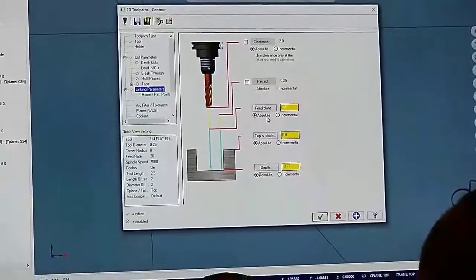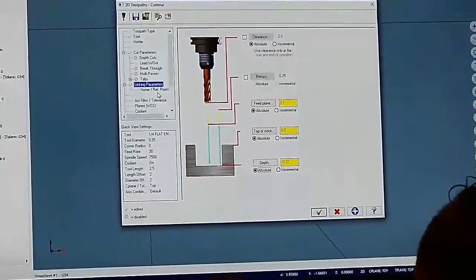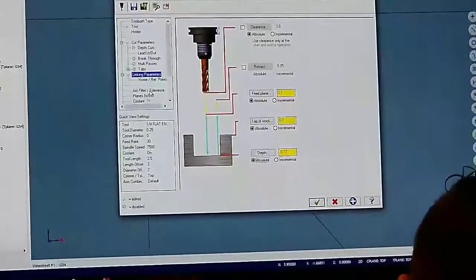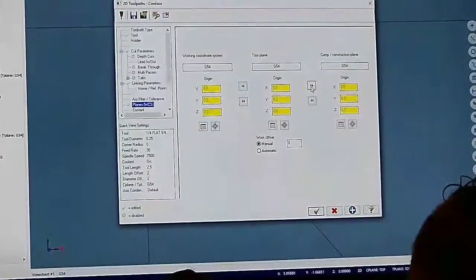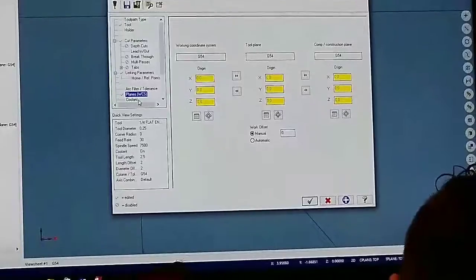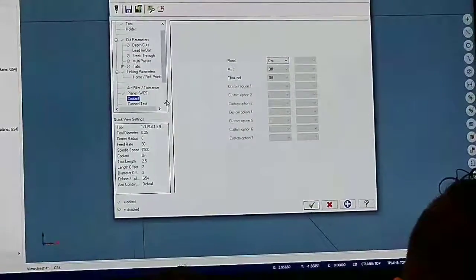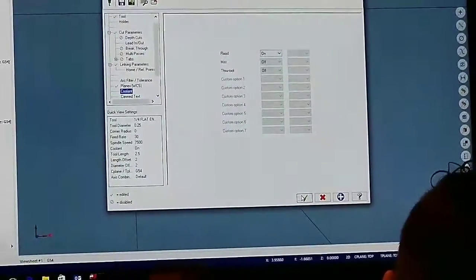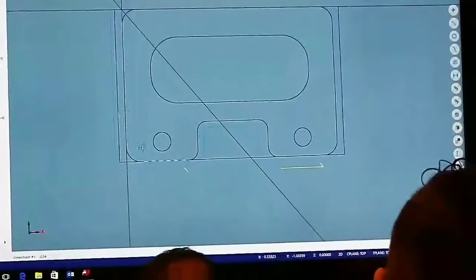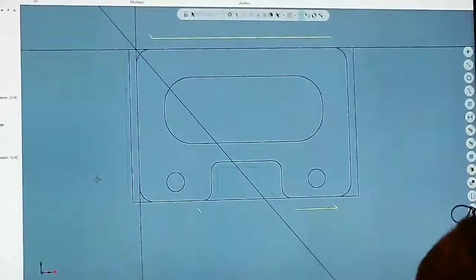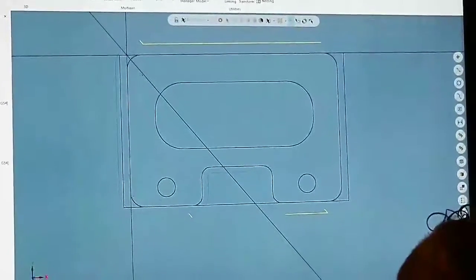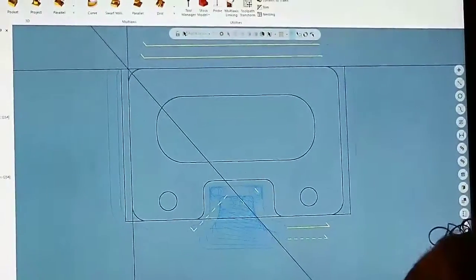Go to the same depth as everything else. This is already turned off because it remembers that I did that previously. And planes, I don't know why it does that. 54, 54, 54. And coolant on, it remembered that. That's it, we're good. We go okay, and now it just created a path, and a path that'll take it to size. So, for a finale here, I'm just going to go up here and I'm going to select all operations, so